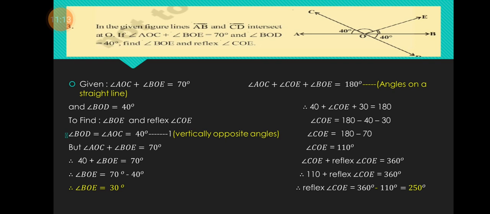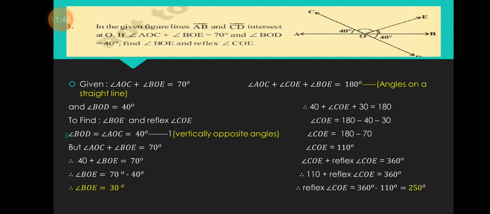The straight line should go to the corner, children. Don't write here, write it beside the topic. And angle BOD is equal to 40 given to us. Now observe the question. Angle BOD and angle AOC are which type of angles, children? Yes, they are vertically opposite angles. So, angle AOC is equal to 40 degrees. Since BOD is 40, they are vertically opposite angles.